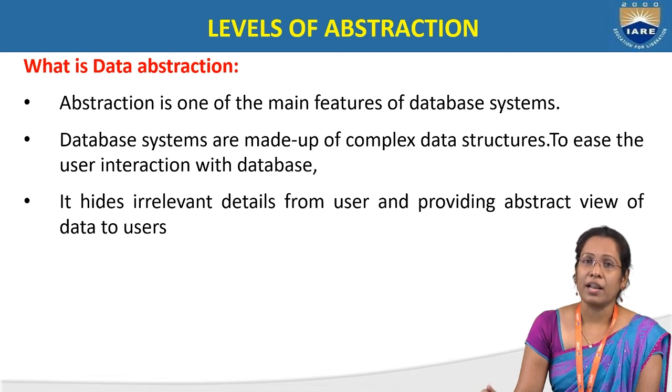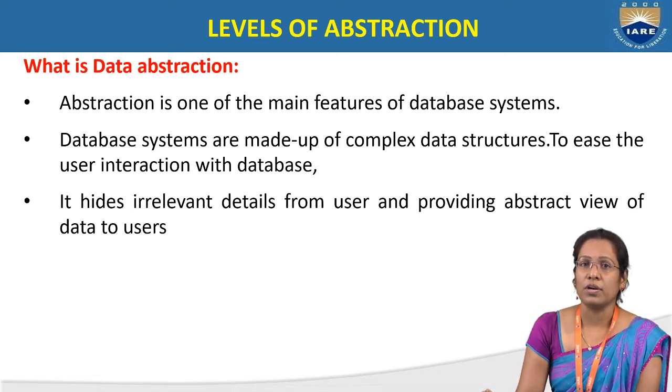Only relevant information which is required for the user will be displayed on the screen, and irrelevant information is hidden. The user doesn't know what information is stored in the backend, or who is administrating it. The total data cannot be known by the user, because it is a property of data abstraction.